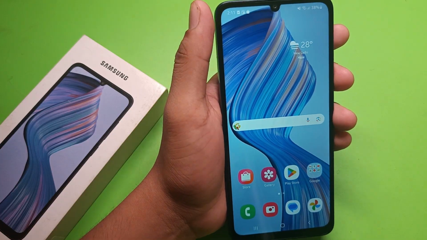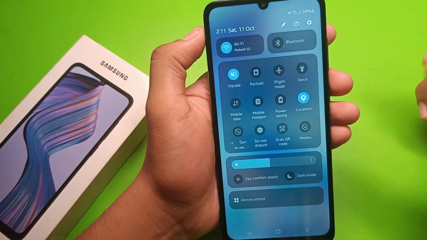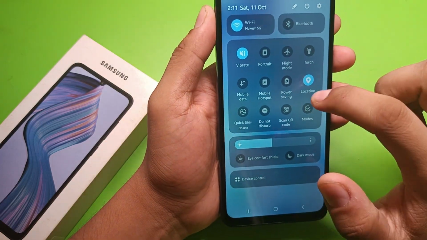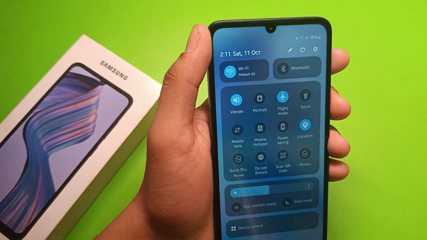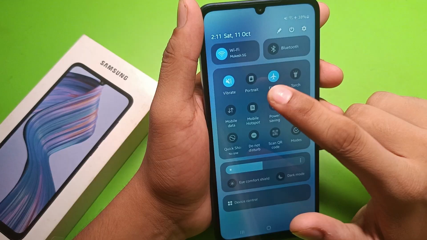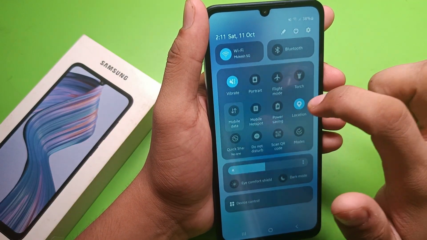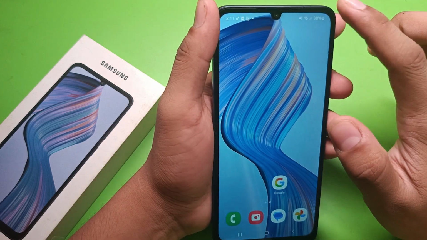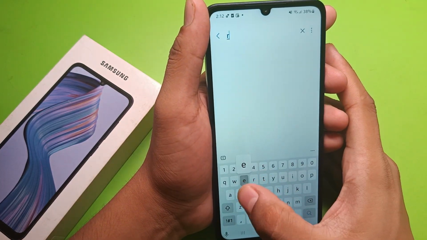If you are saying that the mobile internet connection is not working, sometimes crashing, or there is any issue, you have to first turn on flight mode for 10 to 12 seconds. It will refresh your internet connection, and after doing that you have to turn it off so mobile net will be enabled. Then, friends, you have to go to the settings, click on search, and type reset,